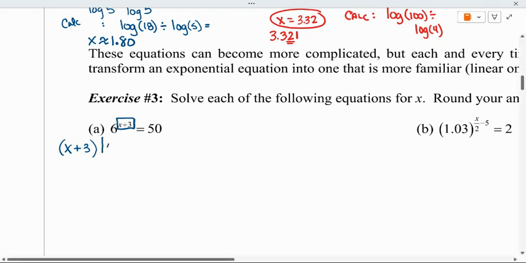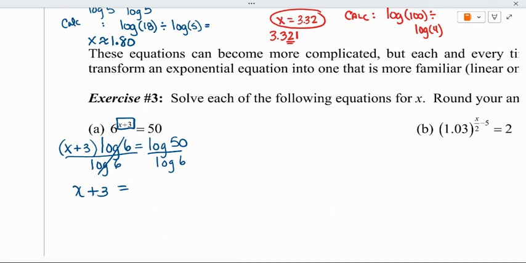So I have (x plus 3) log 6 equals log 50. What do you want to divide both sides by? Yeah, log of 6. So I get x plus 3, because this cancels out, equals